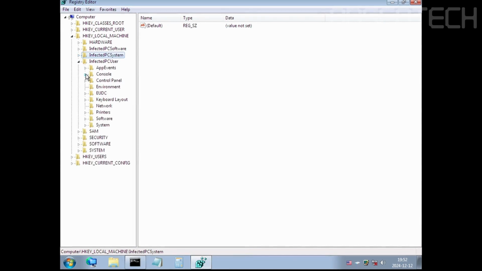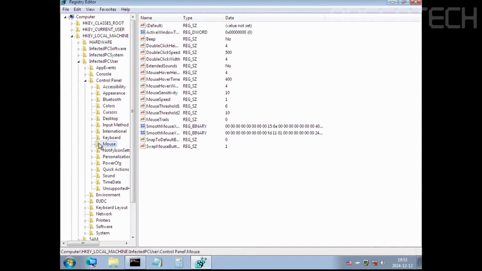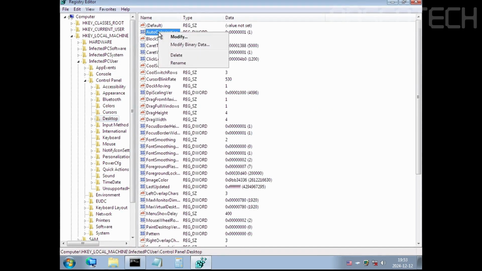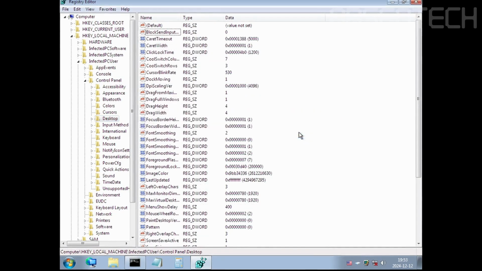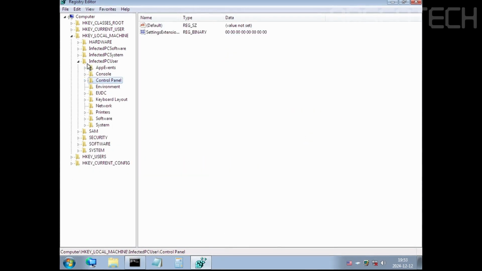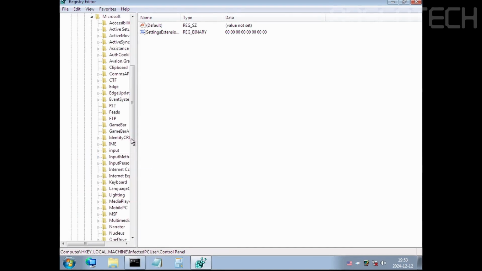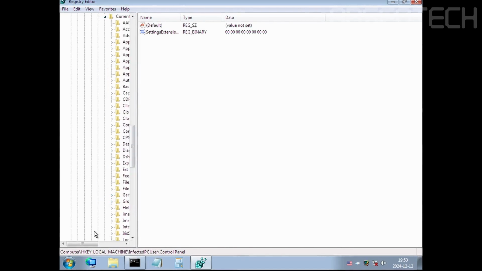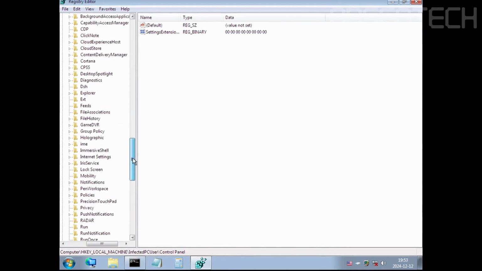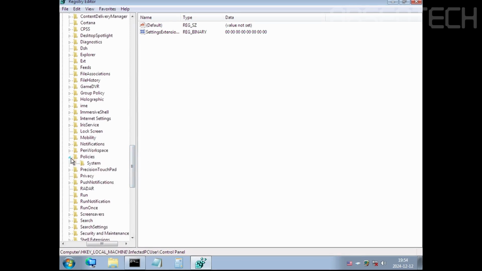Now on the infected PC user, we will go here, then Control Panel, Mouse, then delete SwapMouseButtons. Up next, we will go to Desktop, then delete AutoColorization. Up next, in the software, Microsoft, Windows, CurrentVersion, Policies, System.